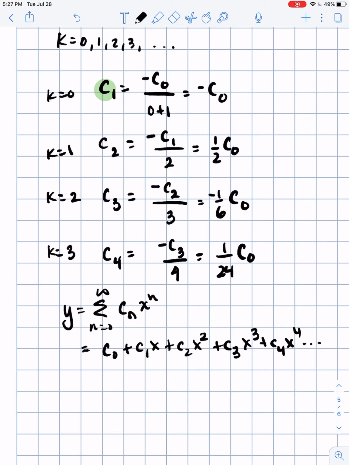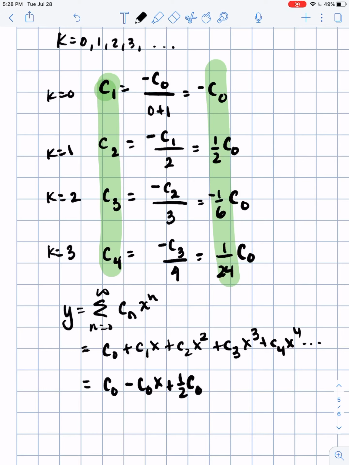Because we know all of these values, c sub 1, 2, 3, 4, we could write them this way. We now have c sub 0 is going to stay. C sub 1 is going to be negative c sub 0 x